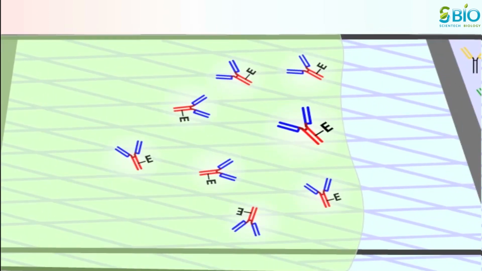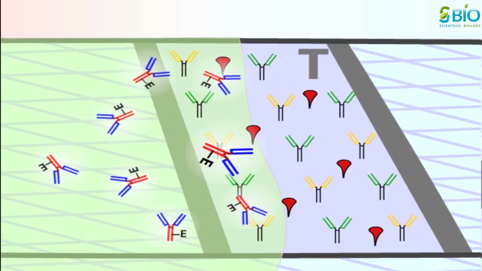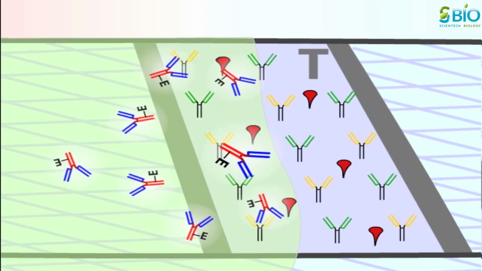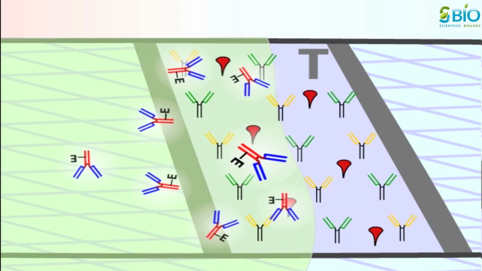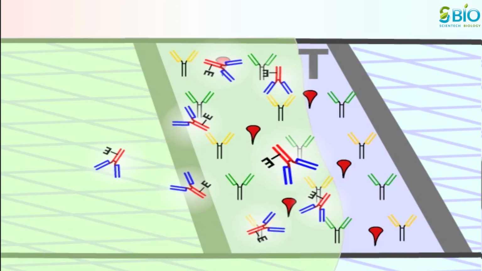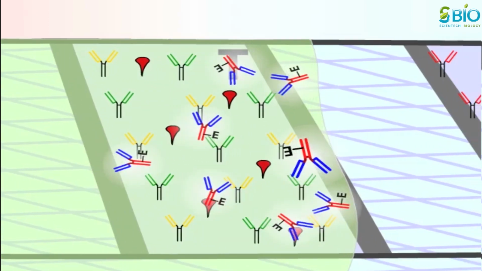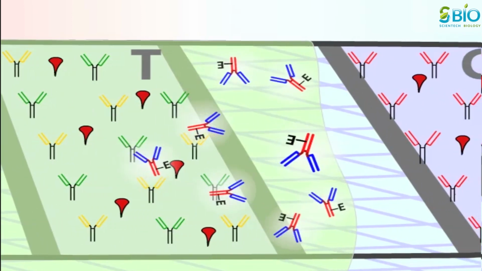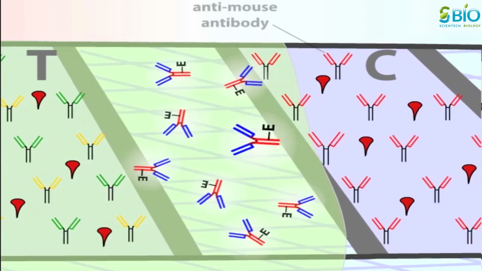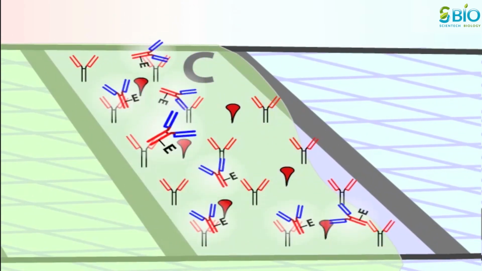The enzyme-linked antibodies arrive at the test zone. Because the migrating antibodies are not carrying HCG molecules, the immobilized anti-HCG antibodies in the test zone are not able to snare them. The antibodies continue to travel along the strip. The control zone contains anti-mouse antibodies that bind to the region of the traveling antibodies and thereby immobilize them.